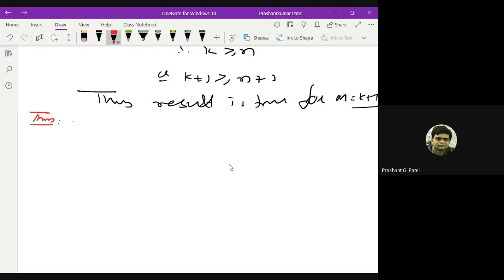Next theorem: a graph G is bipartite. We already discussed what we mean by a bipartite graph. That means there has to be a partition of the vertex set in such a way that every edge has one end in one part and the other end in the other part. That is called a bipartite graph. And if you want to check whether the graph is bipartite, this result gives you an if and only if